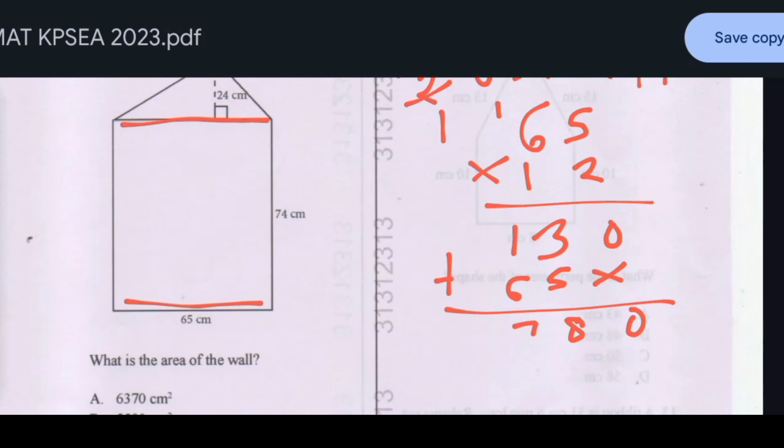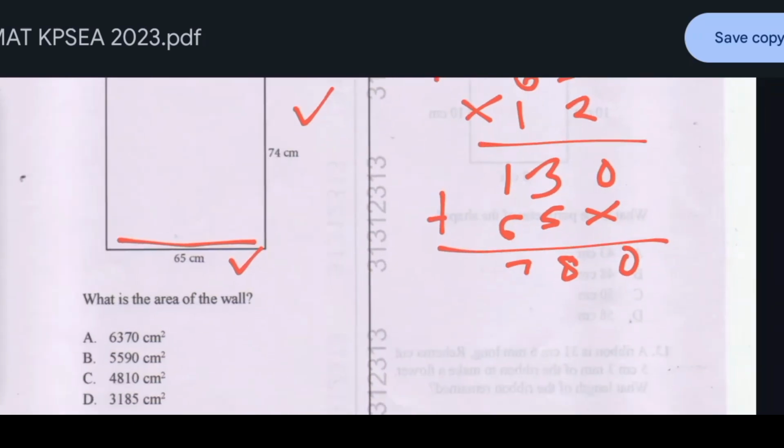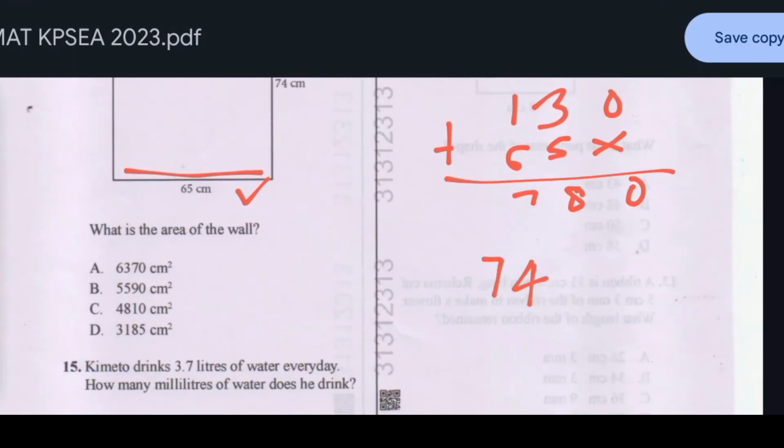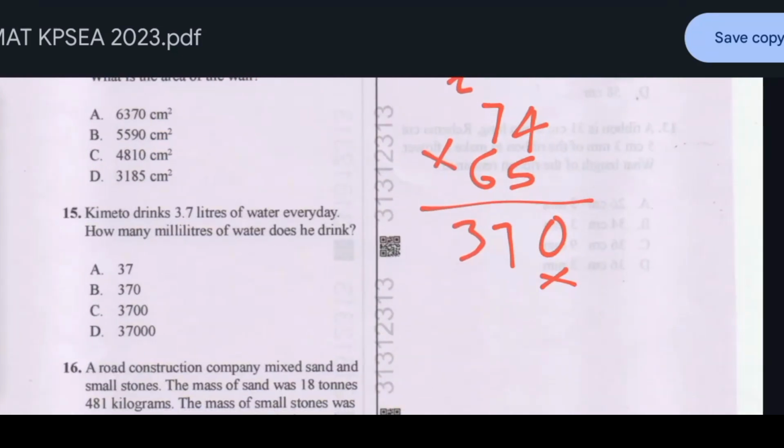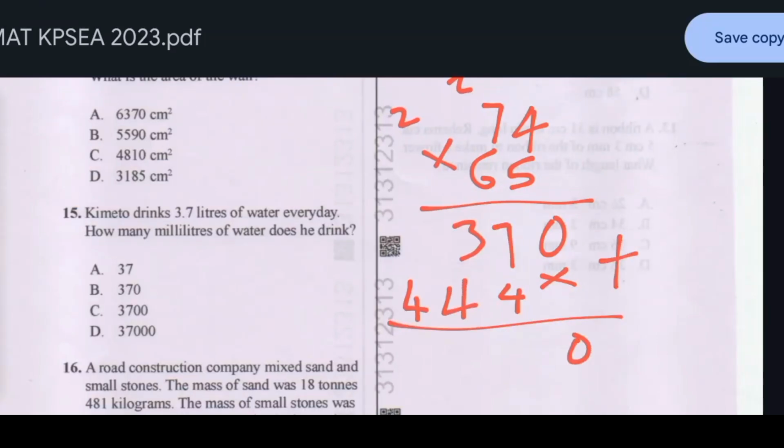Area of the rectangle is going to be length times width. Our length is 74, width is 65. So we multiply those two values. So 74 times 65. 4 times 5 is 20, 0 carry 2. 7 times 5 is 35, plus 2, 37. No number there. 4 times 6 is 24, 4 carry 2. 7 times 6 is 42, plus 2 is 44. Now we go ahead and add. 0 plus nothing is 0. 7 plus 4 is 11. Carry 1, that is 8. So